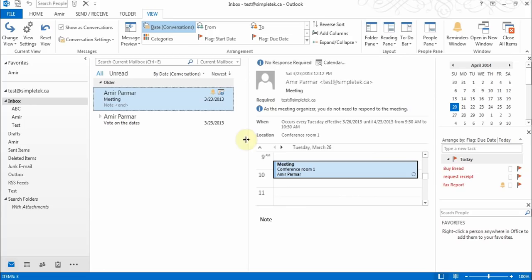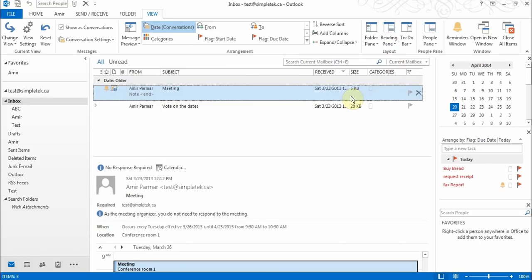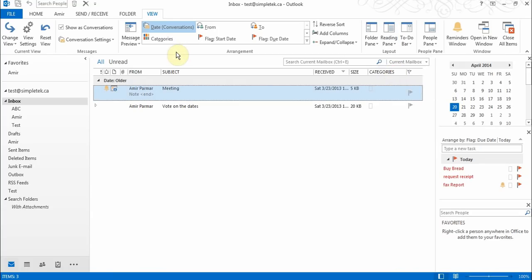The reading pane is this part. When I click on a message, I can read it on the right hand side. So I can choose to have it on the bottom part up here, or I can even have it off, because once I have it off, I can choose to have the message preview. That way I don't have to have the reading pane,